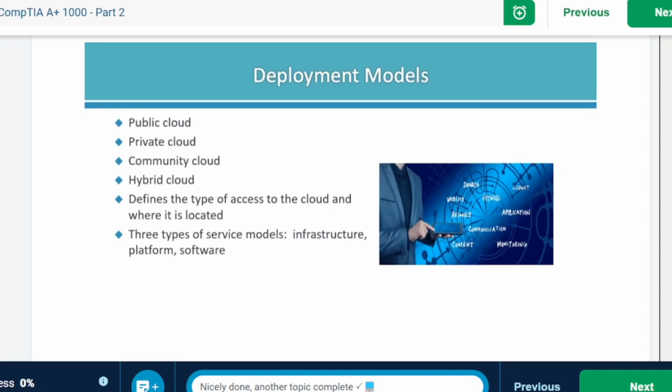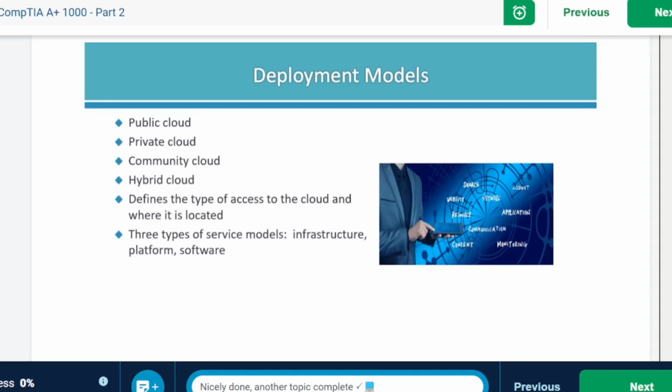You can have either deployment models or service models. Deployment models define the type of access to the cloud and where it's located. Service models are the reference models on which cloud computing is based, and these can be infrastructure as a service, platform as a service, or software as a service. In the three different types of service models, infrastructure actually provides access to fundamental resources like physical machines, virtual machines, or virtual storage.